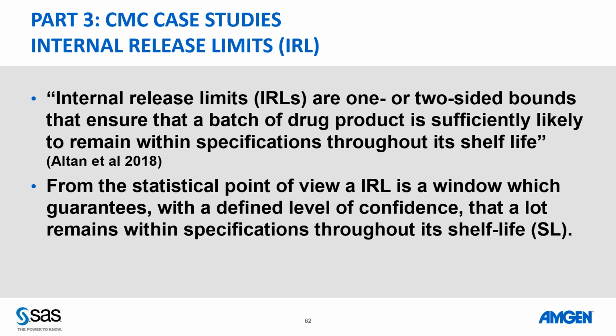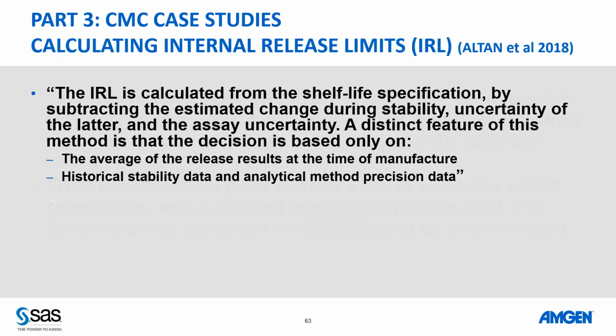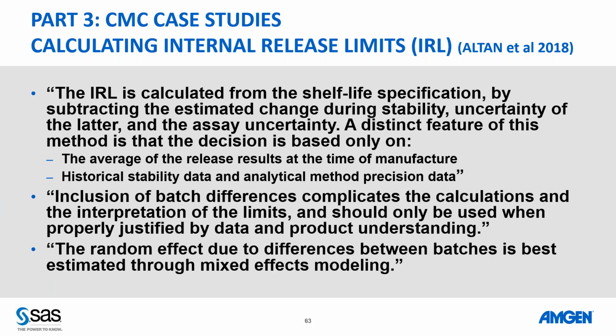There's another definition, just a window. Okay, again, time 0. If we are within this limit at time 0, then there's a high chance, a large probability, that we're going to make it to 48 months in this case. Again, from their paper, they're just telling you how this is done from the frequentist point of view. Okay, and this is